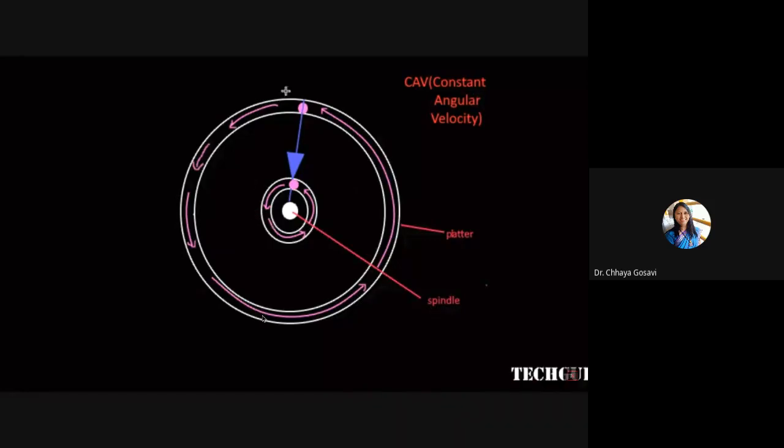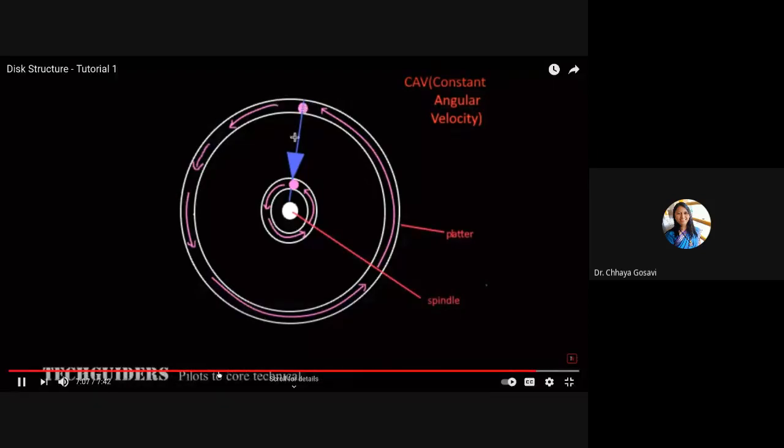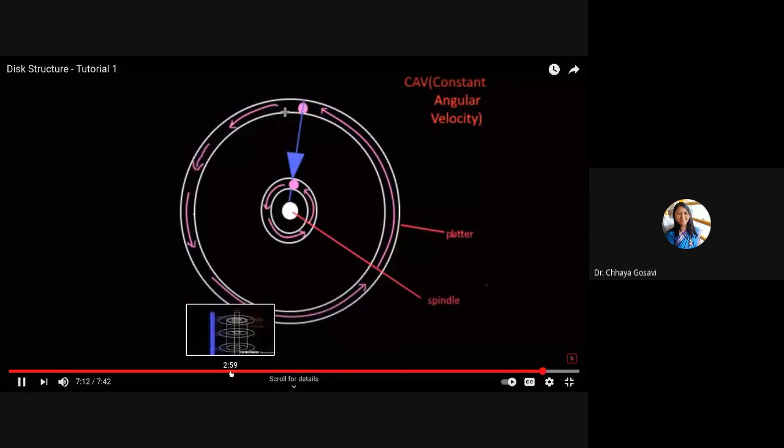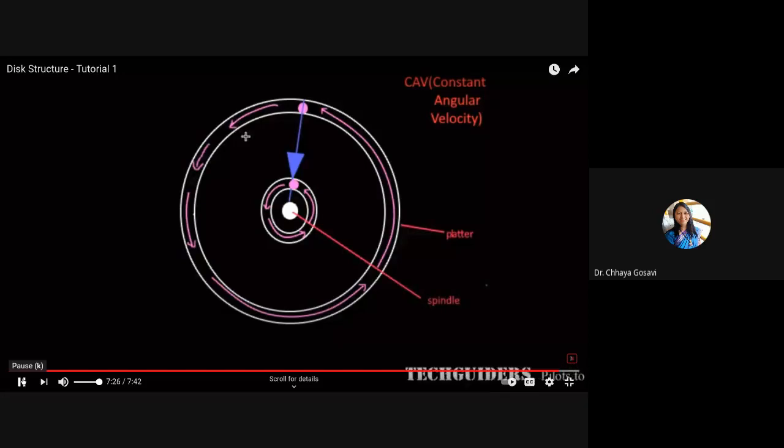Thus, while the platter completes one rotation, it will cover one entire track, whichever be the track, whether inner or outer, within one complete rotation of the platter. One entire track can be covered and the same amount of data can be read. To maintain this, we keep lower bit density or lower data density in the outer tracks than in the inner tracks. As a result, within one rotation time, or within a particular period of time, the same amount of data will be accessed from any track.